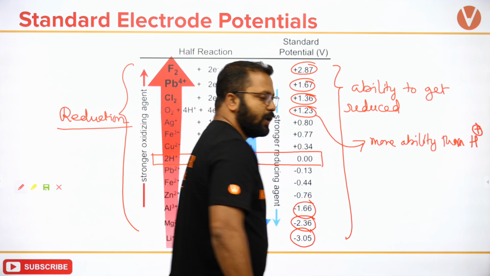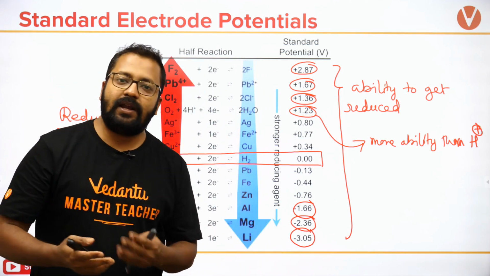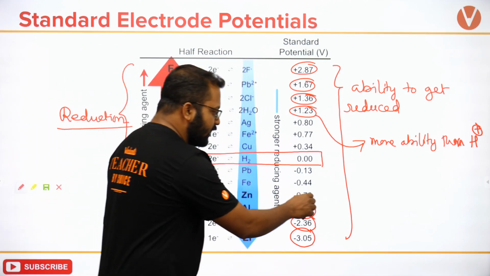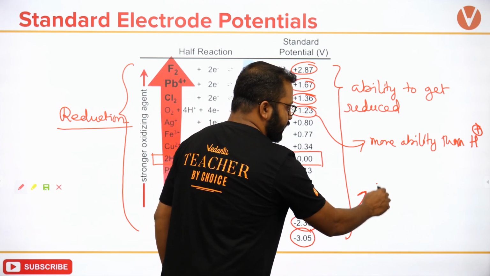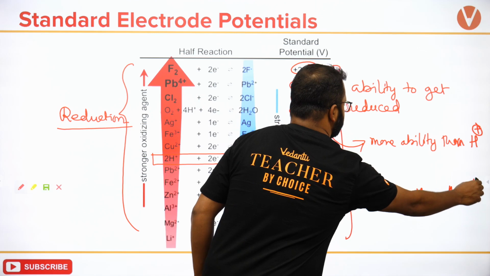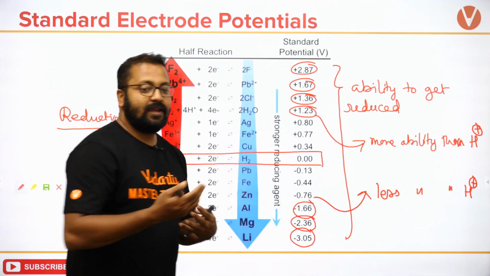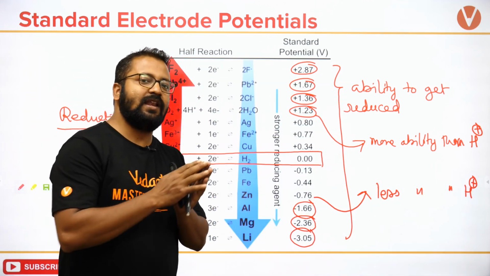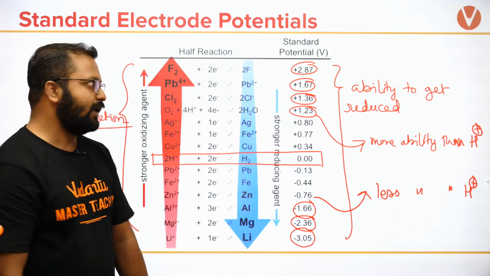We can say H plus gets reduced. They have more ability than H plus to get reduced. And the ones for which the value is negative, they have less ability than H plus to get reduced. Now, why I am saying that it has less ability or more ability is